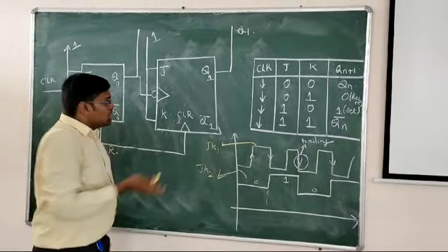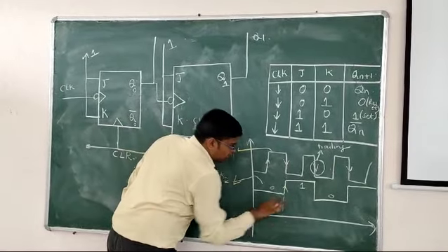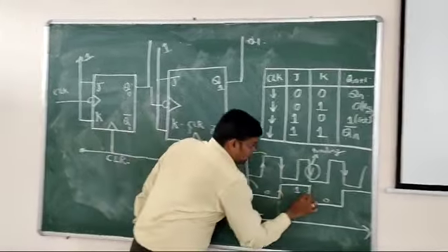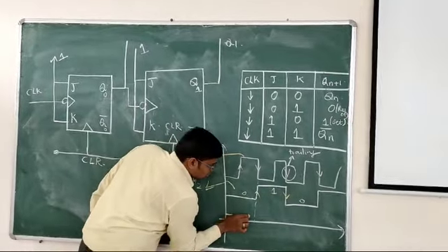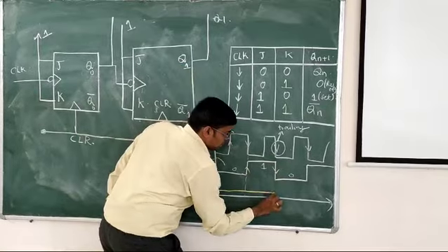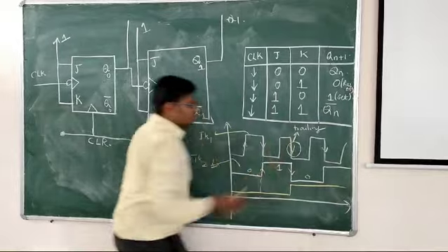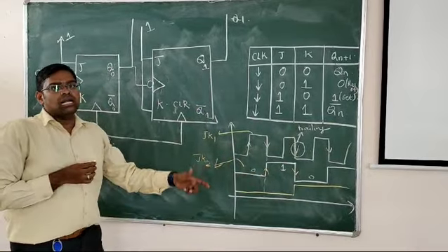So what I need to do? Again this output will be 0 continuously. This is the leading edge, but we should take the output at the falling edge. So I have to go continuously 0, 0, 0, 0. Again, whenever I experience the negative clock, it goes upwards, and again it continues. So this is how we are going to consider the